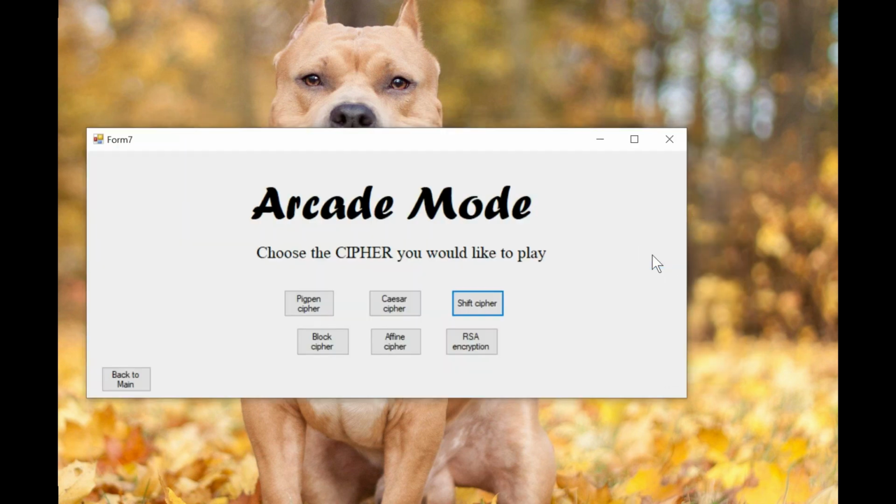That's about it for Shift Cipher, and I hope you guys enjoyed the video. That's all for this app at the moment. There are a couple of mistakes and I'll try to get them fixed, but since they're minor, there won't be any